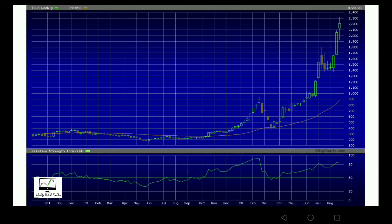However, we can see a base building around the 1,400 level. There's a rounding bottom in July on the RSI. We can see that 1,400 level is a key level. So again, the market goes beginning of August and we get 1, 2, 3. This last week, we got all the way up to